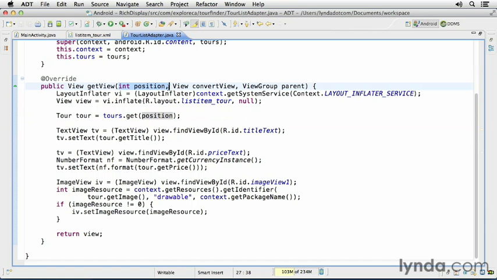Next, I'm populating the text view objects with data. This is the code that's setting the title. I'm getting a reference to the text element and then setting it with a value from the tour object. And I'm doing the same thing here for the price, but formatting it using a number format object. Here's perhaps the most interesting code, and you might not have seen this before. The layout has an image view object, and first I'm getting a reference to the image view object by its ID. Then I'm dynamically getting an image resource integer by calling